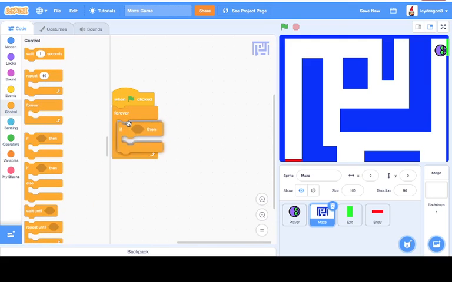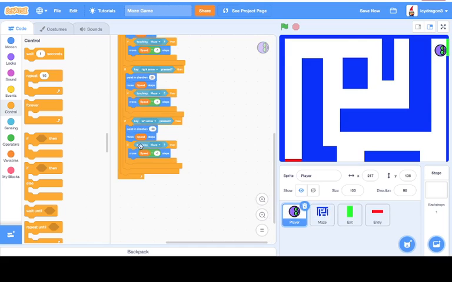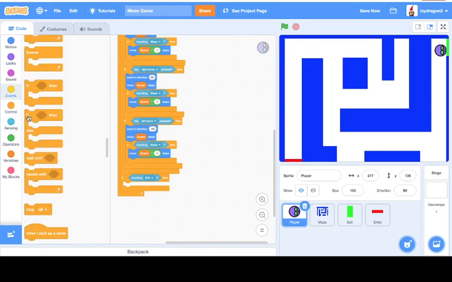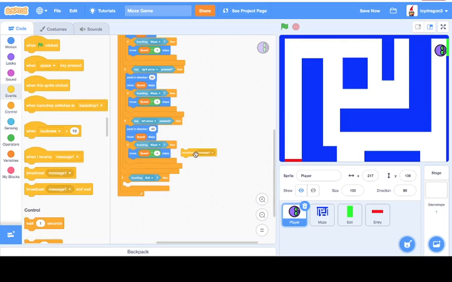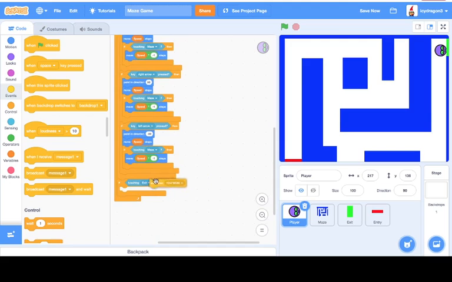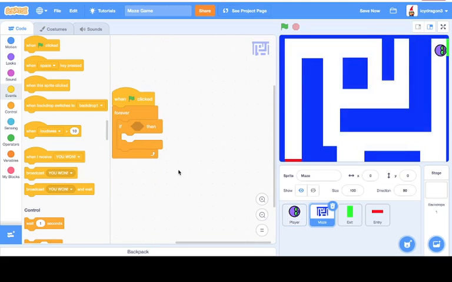Forever, if touching the maze, if touching the exit, then send a signal, like broadcast a message which says you won. Broadcast you won when you reach the exit,